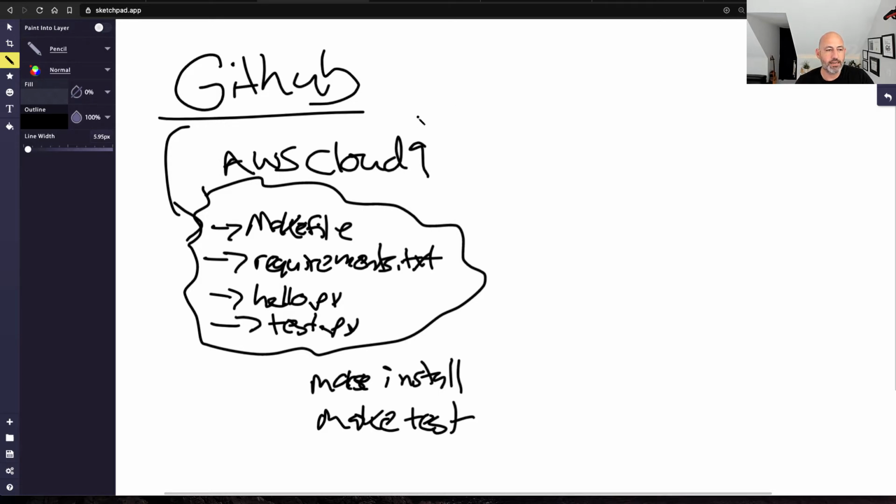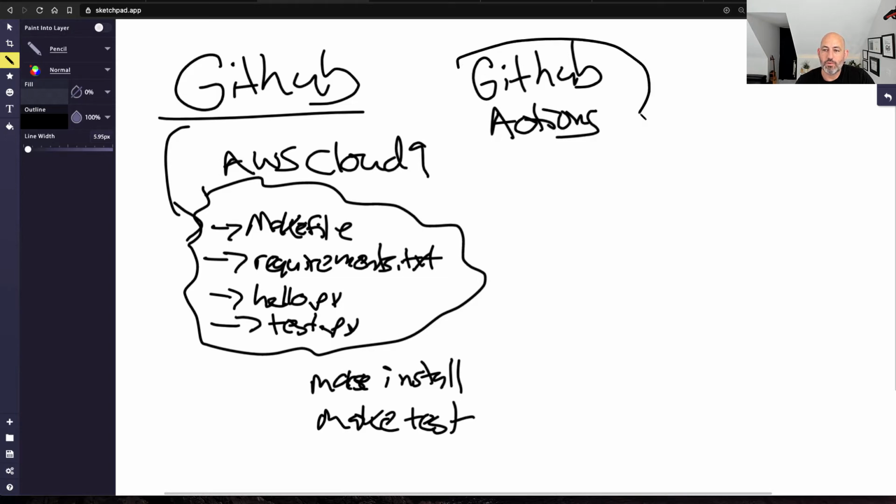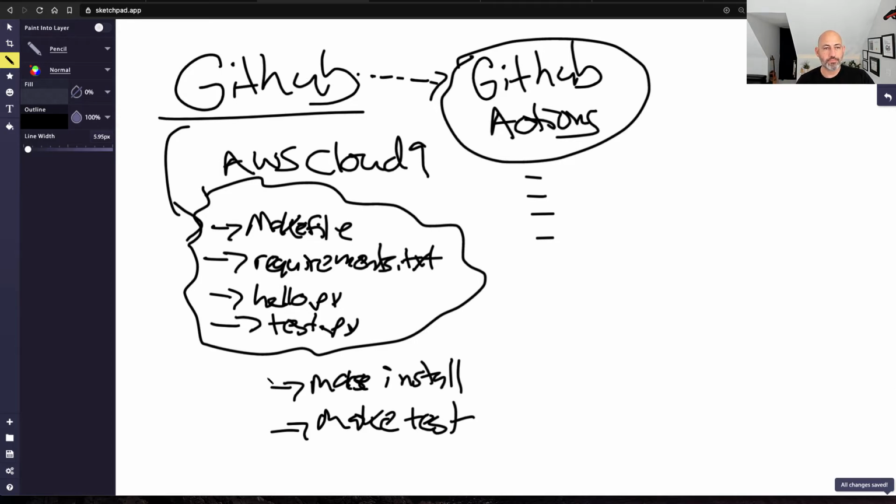So that's the next thing that I'm going to do, I'm going to set up GitHub Actions here to actually go through and automate my code. And so what will happen is that every time I make any kind of a modification to GitHub, it will trigger some actions. And fortunately for us, these actions will be really simple and very straightforward, right? They'll be, we'll go through and do an install, we'll do a test, we'll do a lint,